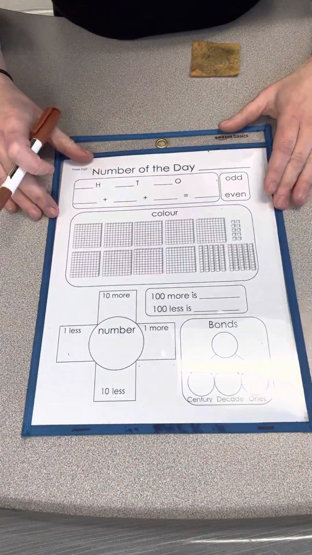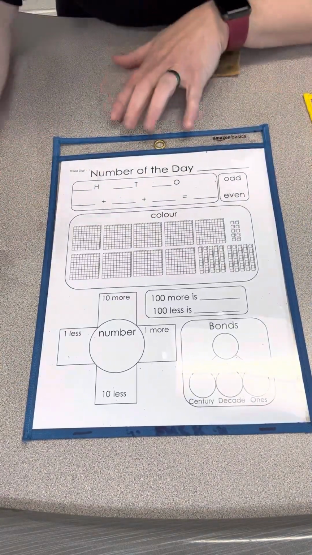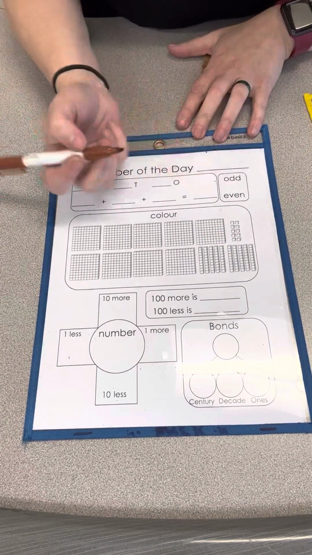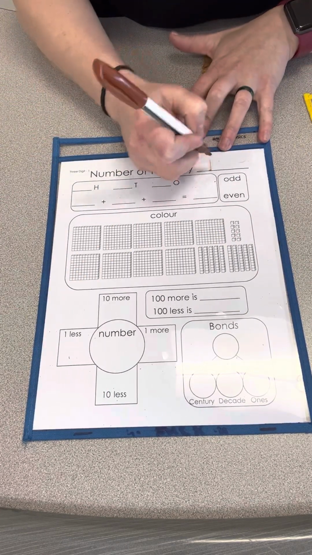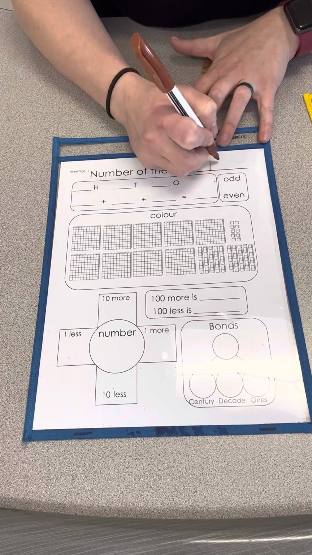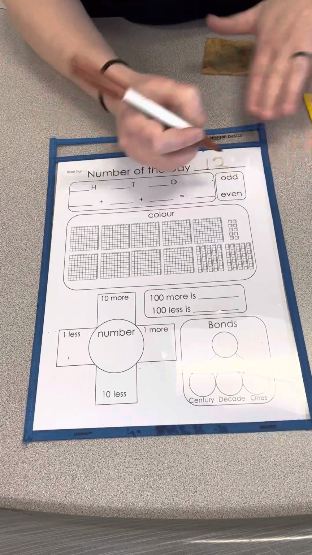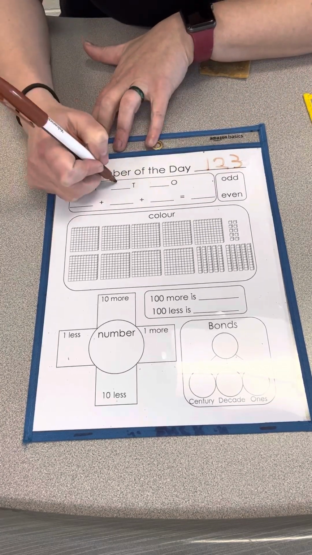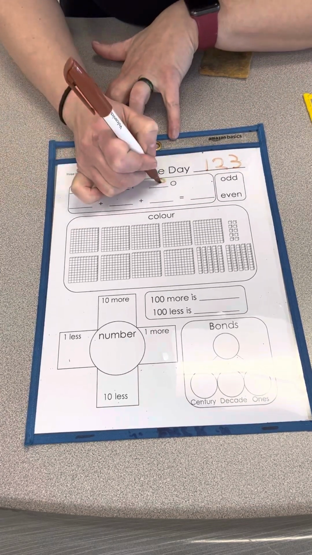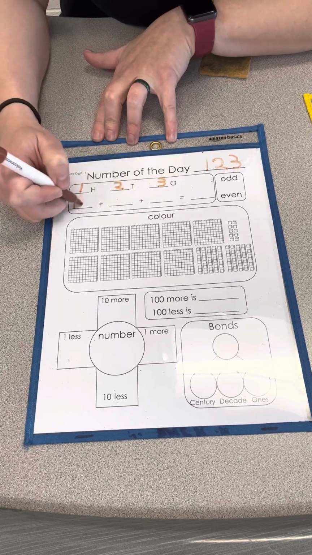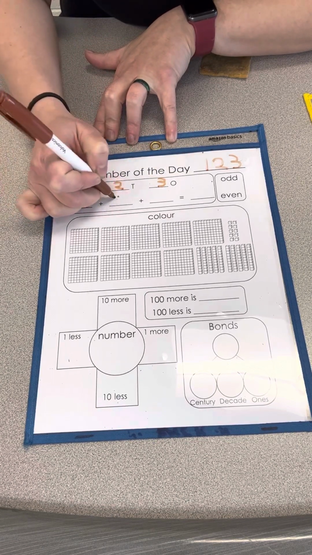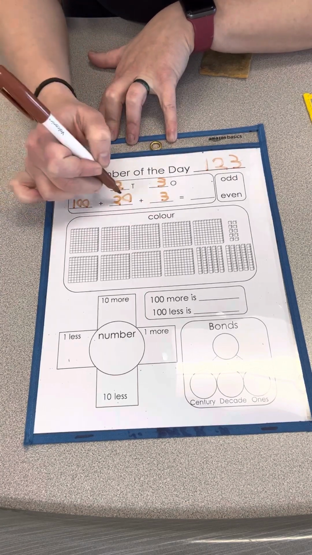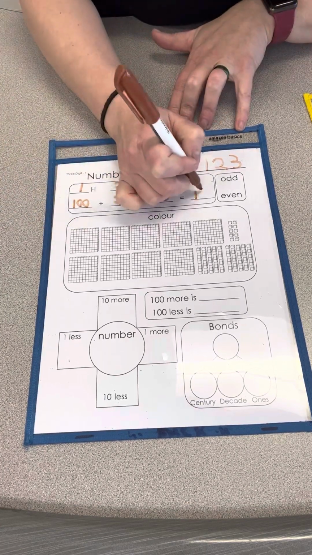And then here's the 3-digit number of the day. It's basically the same, just with more on it, I guess. So if we just do the number like 123, there's 100, there are 2 tens, and there are 3 ones. 100 is 100, 2 tens is 20, and 3 ones is 3, and 100 plus 20 plus 3 makes